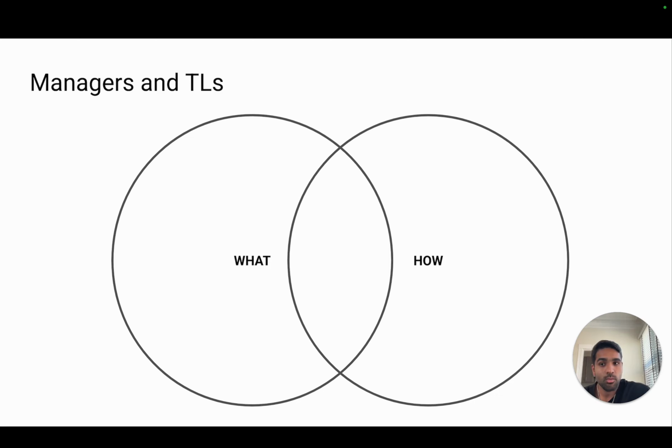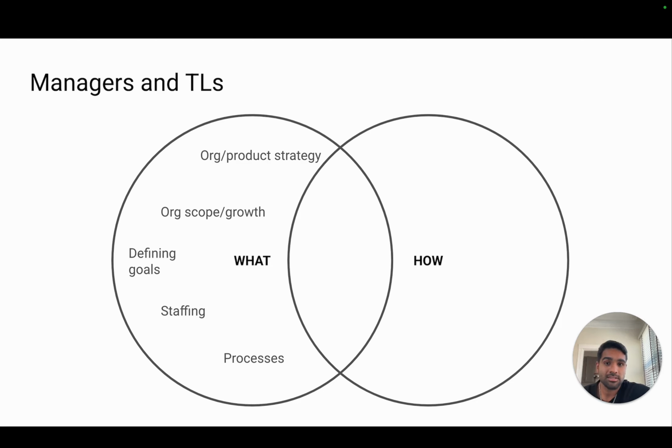So if you look at what to do, that means figuring out product strategy. What is the scope of our organization? How do we grow the organization? Defining OKRs and KPIs, hiring people to do that, making the org efficient by defining new processes, right? That's what managers do. Whereas completely on the other side, TLs are building technical designs and systems by executing on projects, coding, code reviews,